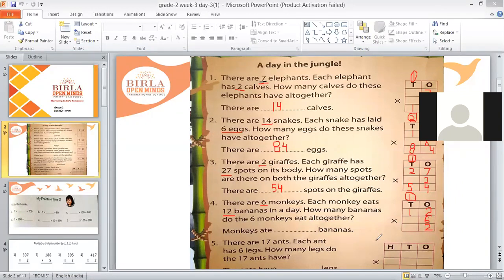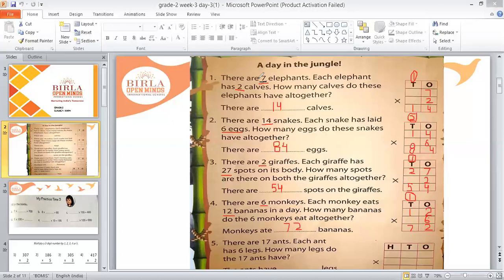6 ones are 6. So we'll write 6 here in tens place. Or 7. Yes. 6 ones are 6 and we will add this 1 which is there as carry over in tens place. So 6 plus 1 is 7. So we will write the 7 in tens place. So answer is 72. Very good. We will write the 72 in blank space also. Very good. That's the correct answer.